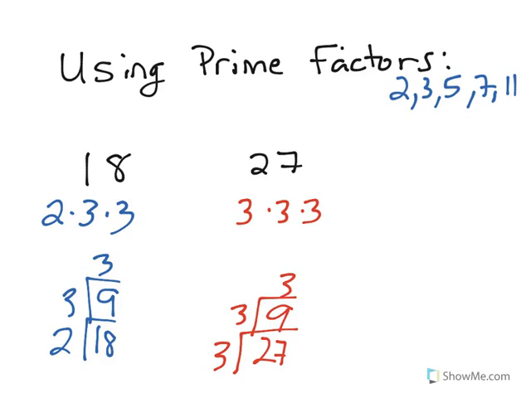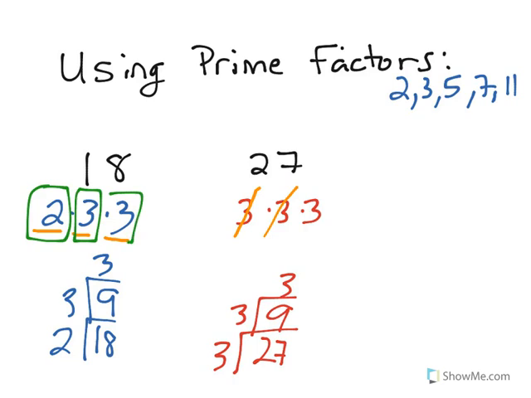So now that we have the prime factors for both of our numbers, 18 and 27, we can go ahead and find the least common multiple, but we have to do something first. We need to cross off the duplicates. So let's look at 18. We have 2 here. Are there any 2's in 27's prime factors? And no, there are not, so that's okay. Let's look at 3. Are there any 3's in the prime factors for 27? Yes, there are, so we'll cross one of the 3's off. Okay, let's look at the last one for 18. It's 3 again. Are there any other 3's in 27's prime factors? And yes, there is, so we'll cross that off. This leaves us with